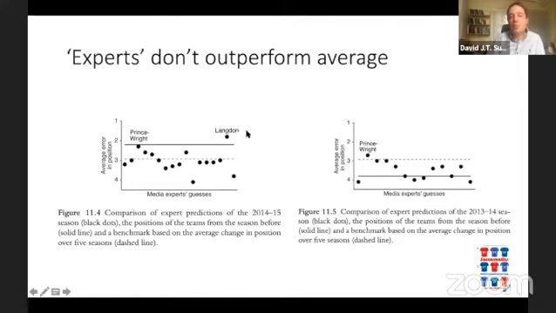And you see there's only one person who overperformed to any large degree. This was for 2014-15. For 2013-15, there were a few people who did overperform a little bit. I noticed this guy in particular, he overperformed in these seasons, but they didn't really overperform if you just took the average error over these seasons. So all the experts were a little bit lucky for some reason.